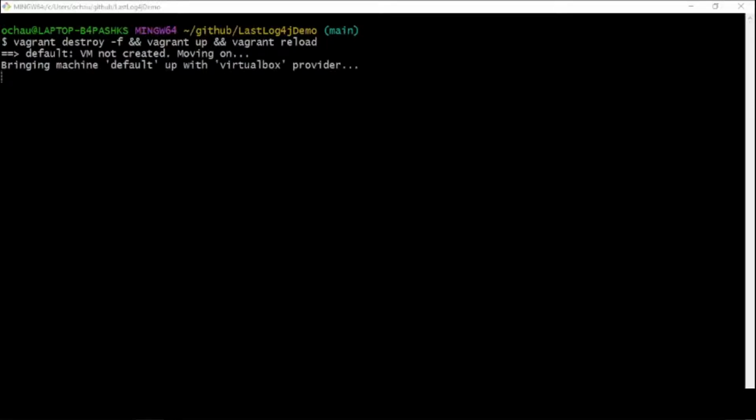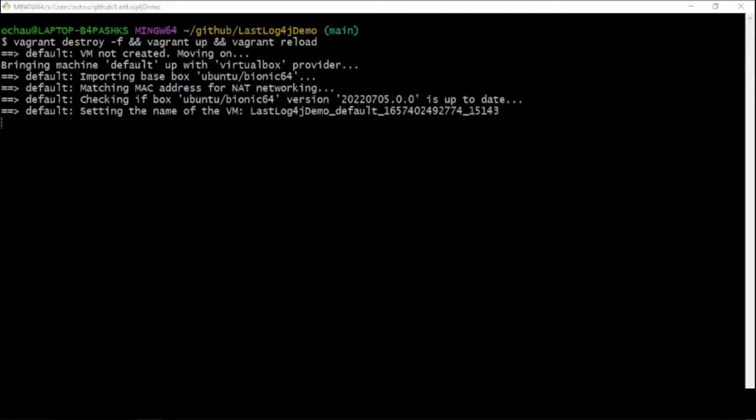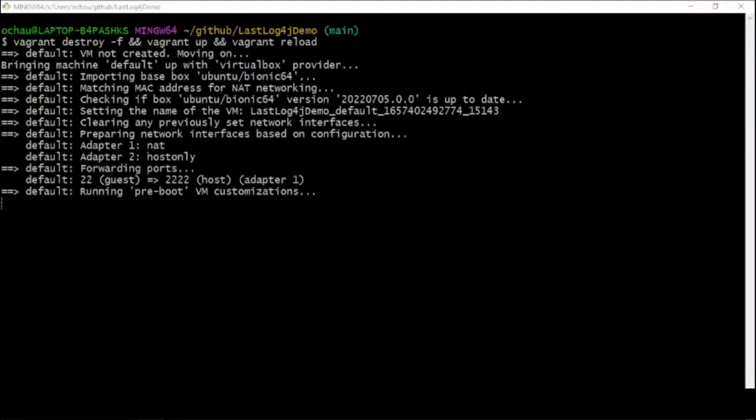All right, so hopping into the first command, you don't really need vagrant destroy -f at the beginning. All that was really necessary is just the vagrant up and the vagrant reload. The vagrant up is to start the VM and the provisioners. The vagrant reload is just to reboot the VM and get the virtual machine working. Vagrant destroy -f is only needed if you need to blow it up and start again, as I had to do